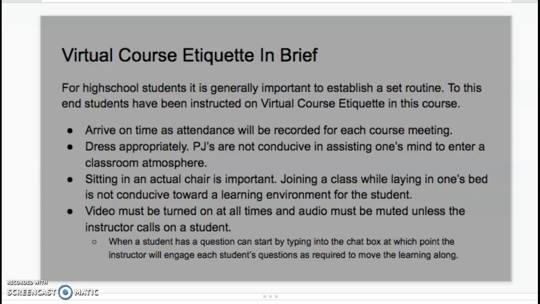Dress appropriately. Being in PJs is not very conducive to assisting one's mind to enter a classroom atmosphere. It's also important for a student to be sitting in an actual chair as opposed to lying down in bed, or rolling over in bed and turning the computer on and thinking, okay, that means I'm in class, which really isn't, because their minds are not ready until they are actually out of bed, sitting down, and in appropriate dress,